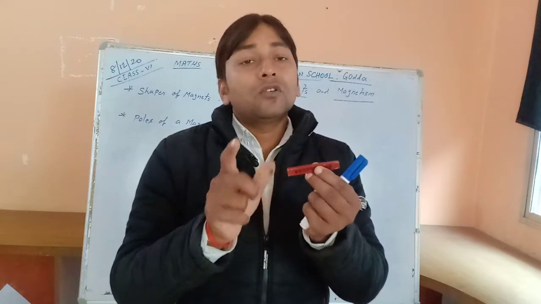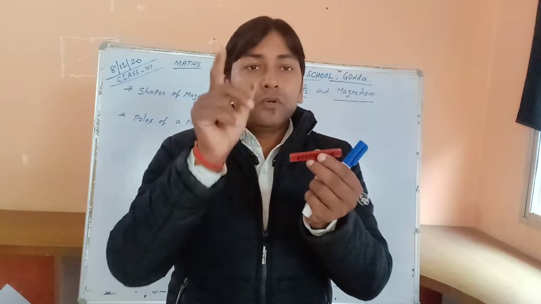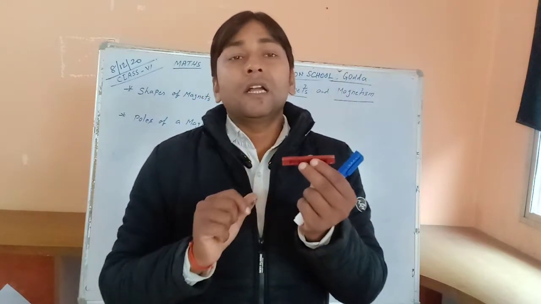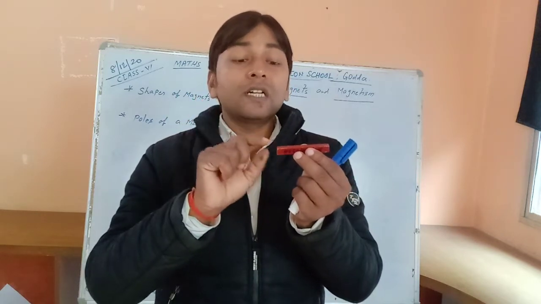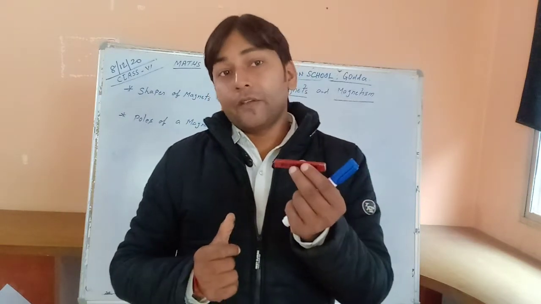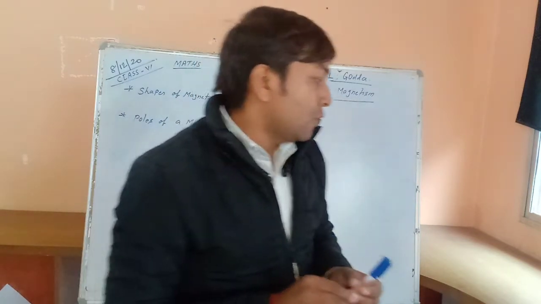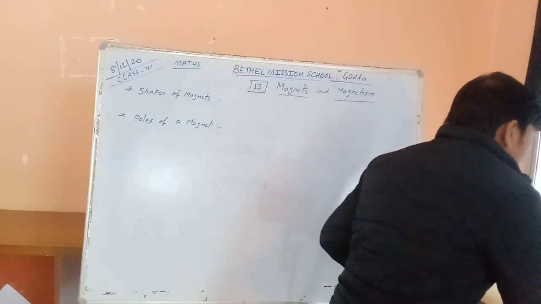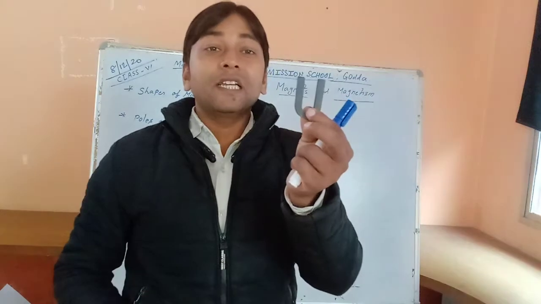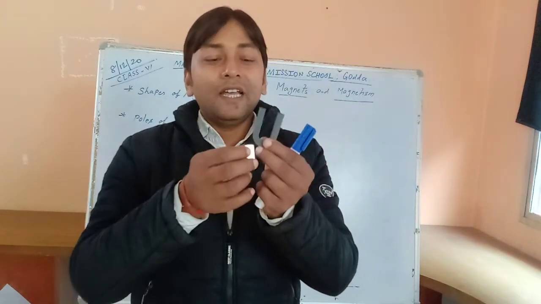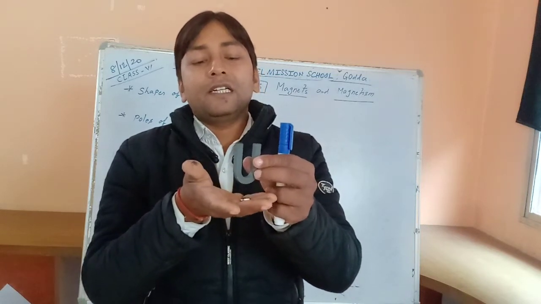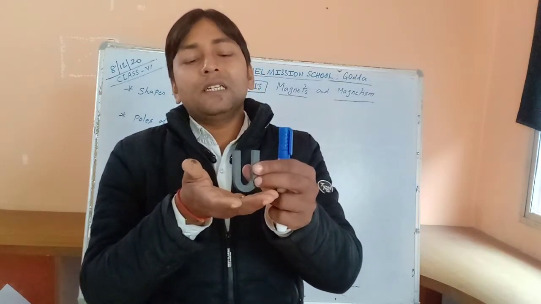Now we are talking about magnetic poles, and you may ask, sir, it is a bar magnet, so we consider one pole here and another here. But what if it is a U-shaped magnet? Where is the magnetic force maximum? Here? No, here the iron piece cannot be attracted. It has power, but only a little.